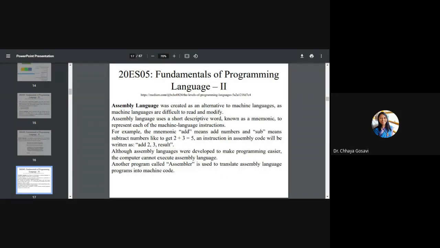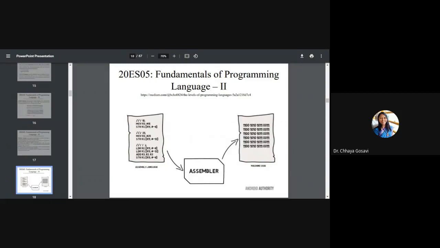So in assembly language, the zeros and ones are converted to some human readable codes, which are called operational codes or opcodes. For example, instructions like add means addition, or sub means subtraction, multiplication, like this. So that was more readable, like move, M-O-V. Move command is used to move value in this register. It will move value 15 into R3. STR is store instruction. It will store this value of R3 into that register. Like this. This is load instruction and store instruction.